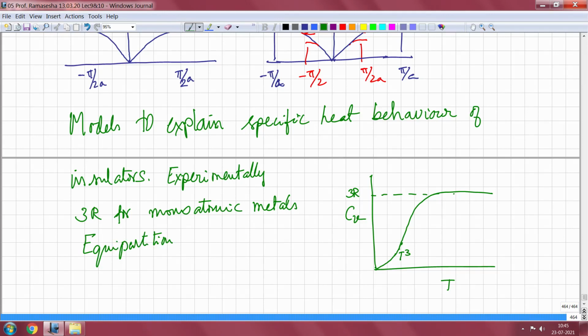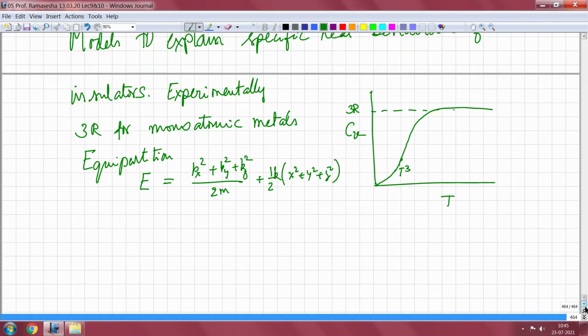So what we had was the energy for the gas molecules, for a vibrating system, was given by the kinetic energy terms (px squared plus py squared plus pz squared) by 2m plus 1/2 k times (x squared plus y squared plus z squared), which were actually the displacements, and that gave rise to